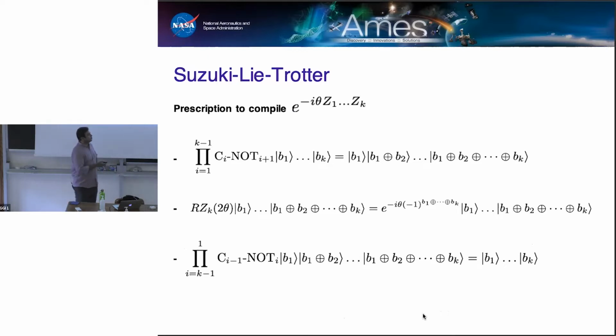So we're going to start off with this register B1 through BK, and then we're going to apply a sequence of C0s such that it changes B2 to B1 plus B2 or B1 XOR B2, and then it changes B3 to B1 plus B2 plus B3, and so on and so forth until I've stored the XOR values of all those particular bits in the very last qubit. And now that I have the value of the XOR in the very last qubit, I will simply apply an RZ gate and extract the phase that I need.